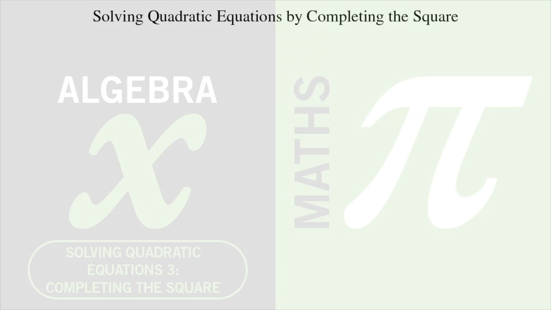In the following examples, we're asked to solve the quadratic equations by completing the square. If you are unfamiliar with the method of completing the square, we recommend you watch the first videos on that topic in this series. So, for our first example, we have x squared plus 4x plus 4 is equal to